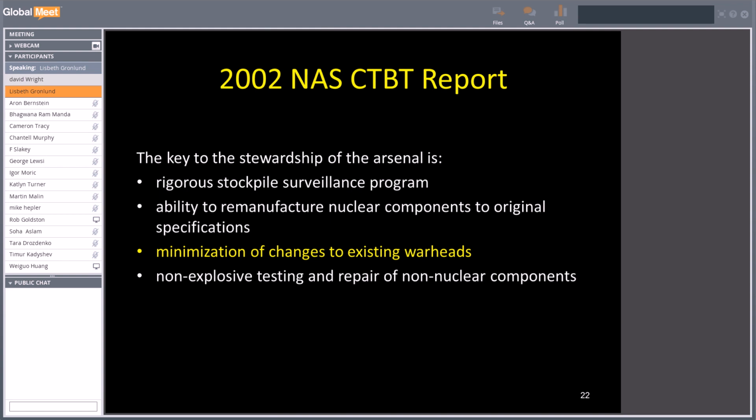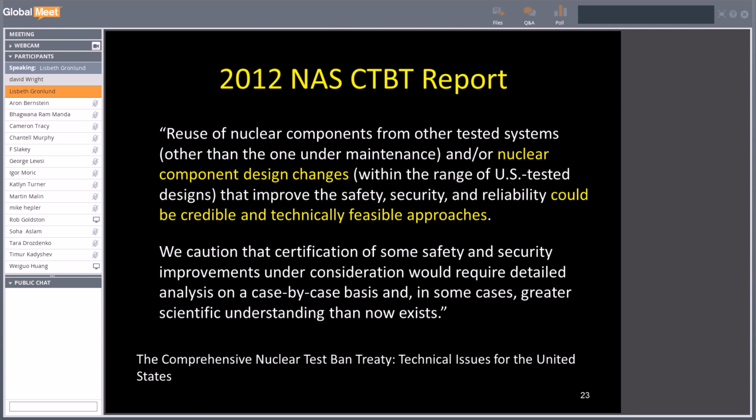A few years later, the NAS issued a report. Again, the key to NAS is the National Academy of Sciences, and CTBT is the Comprehensive Test Ban Treaty. Also saying minimization of changes to existing warheads is key. Okay. Then,